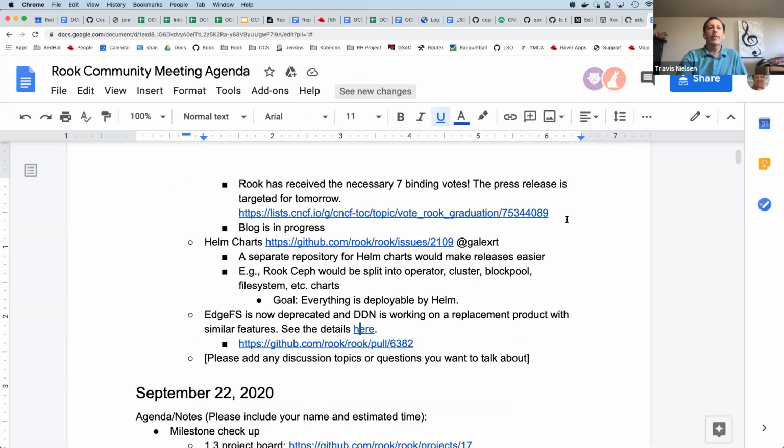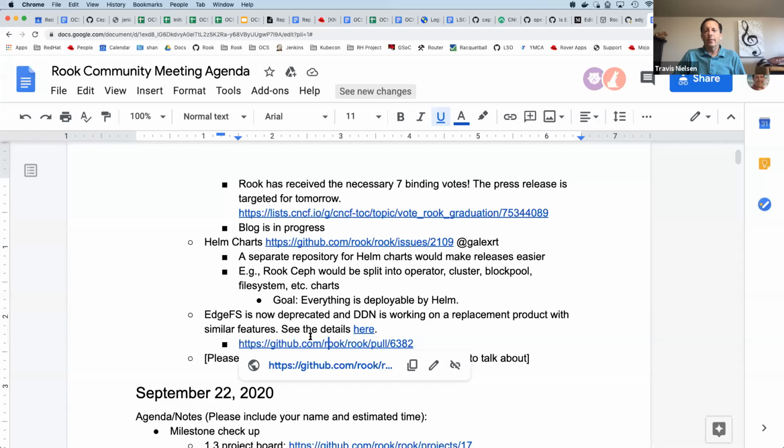So with that, the EdgeFS team has opened this PR to mark EdgeFS as deprecated, meaning it is still in the Rook builds. We'll hold on to it a while longer, and at some point we'll also remove it from the builds. We'd like more information from DDN on the replacement before we decide on that. But that is the status.